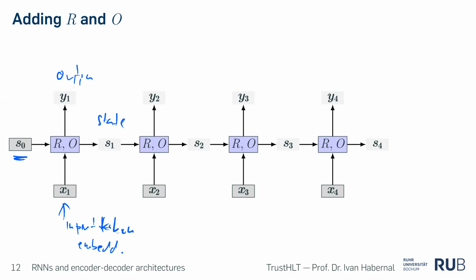The question is how, what are the R and O, and we'll get to that later. But this is an abstract view on this recurrent neural network. So we have everything now for building this without, well, no, not everything. As I said, we don't know what the R and O are, but maybe you will come up with a very simple solution to these R and O, and you'll be correct, I'm pretty sure. But so far so good.